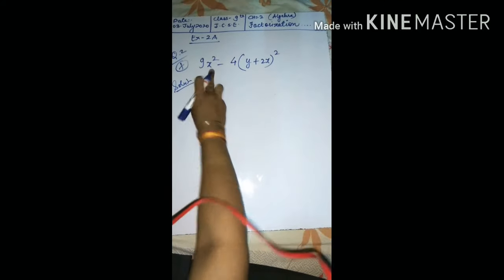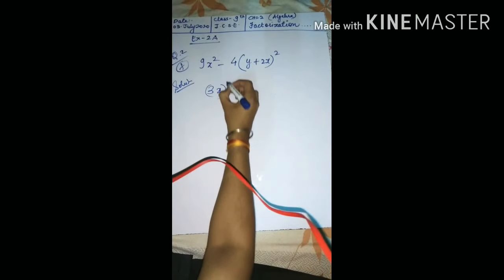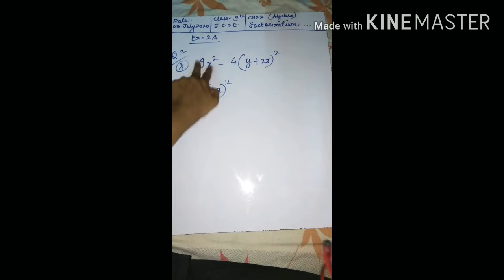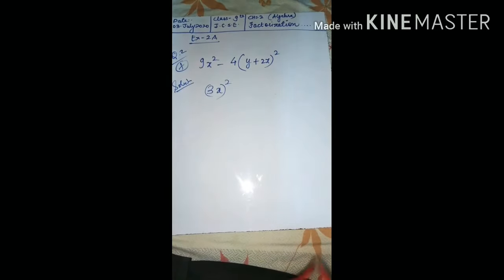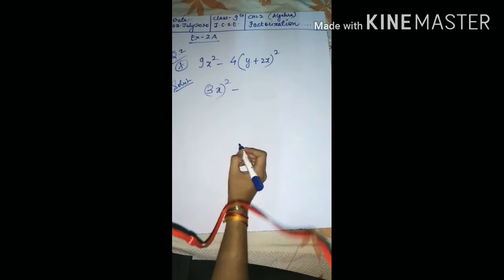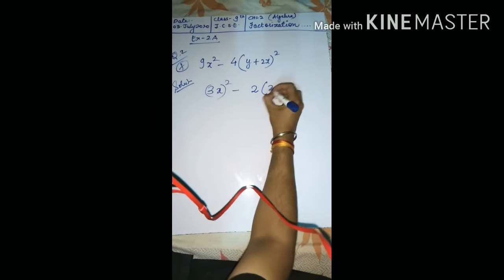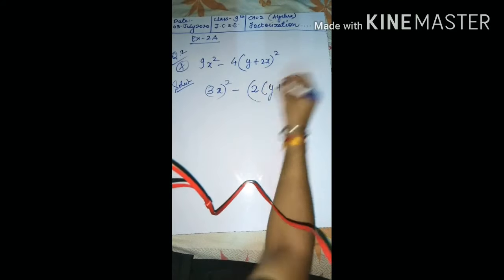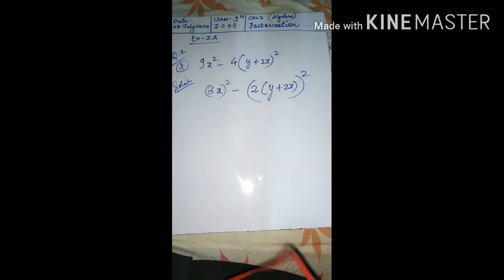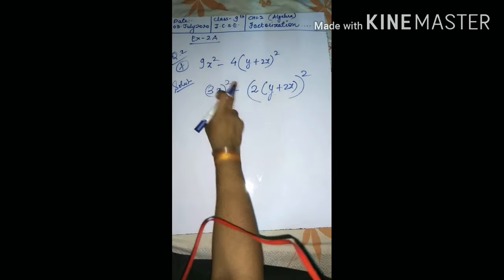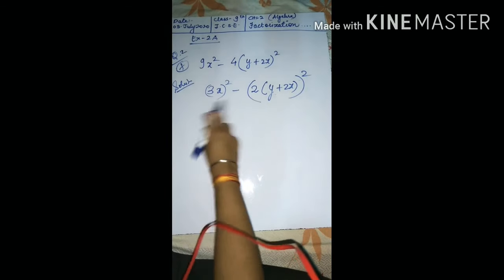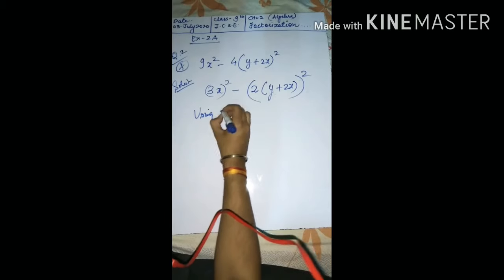Again, 9x square. Can we write 3x the whole square? Why? Because 9 is a square of 3, and x is already a square. So we can write 3x the whole square. Okay, minus. This is 4, which is a square of 2, and inside this is already a square, the whole square. Okay, see, what you have to remember is that in every question I'm making the whole square so that it can fit in the identity a square minus b square. Okay, now again using the identity